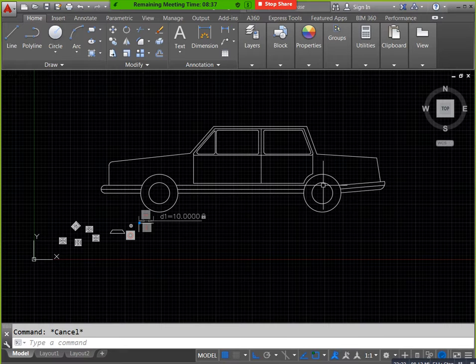Third one is Block Editor, shortcut BEDIT, Enter. W is for write block purpose, B is for block purpose. Next, Block Editor, shortcut BEDIT, Enter.